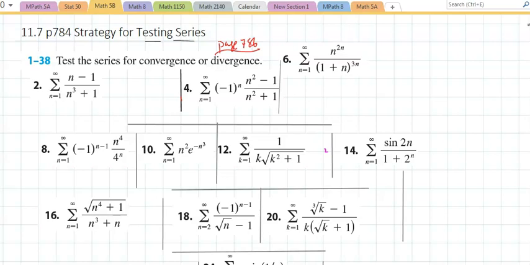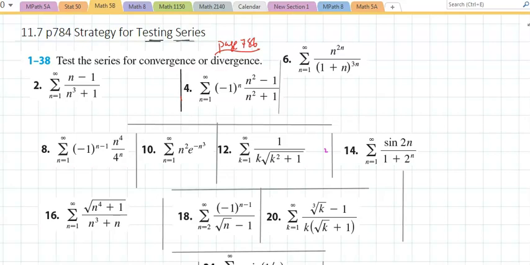11.7 is on page 784, talks about strategy for testing series. So what we want to really put everything together. This is a review of 11.2 through 11.6. There are no sequences here, so 11.1 is excluded out of this. So they put a bunch of series in mixed order, and this is the best way for you to check